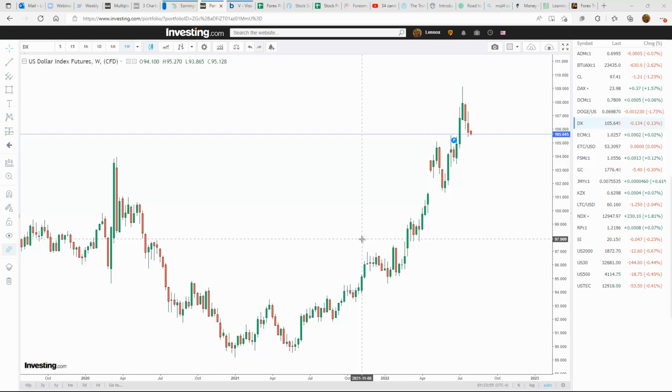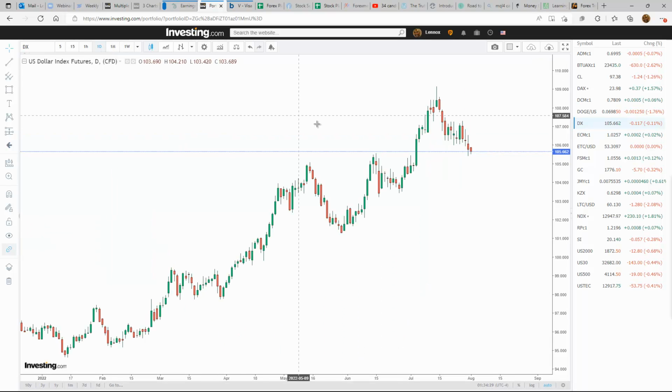This is the weekly playbook outlook for the week of July 31st to August 5th. We are looking at the US dollar index to start off this week to see how the major pairs and so forth will do over the week. Looking on the weekly time frame, we've been in an overall downtrend for the last 3 weeks, and this may continue for a little further weakness into this week.